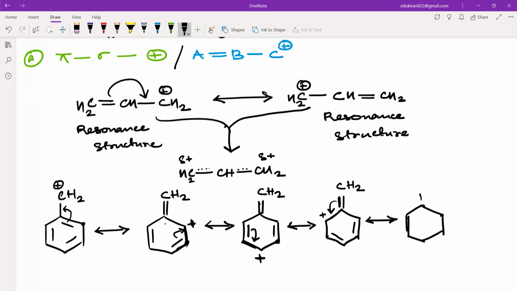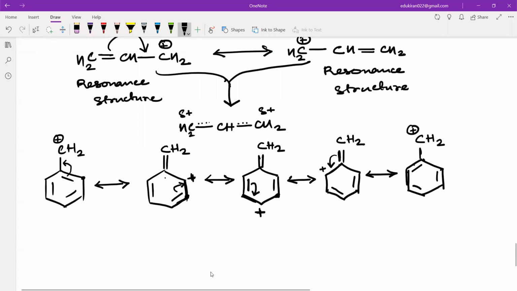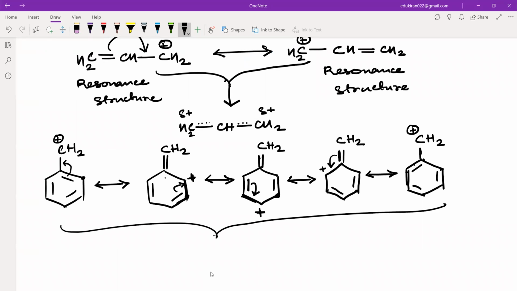You will get CH2 positive, right? Then there will be a double bond here, a double bond here, and a double bond here. Then again you can see what is happening. Pi sigma positive. Then again the same thing will happen. So the resonance structures you can write. These are all the resonance structures. The resonance hybrid will be, if I combine all these,